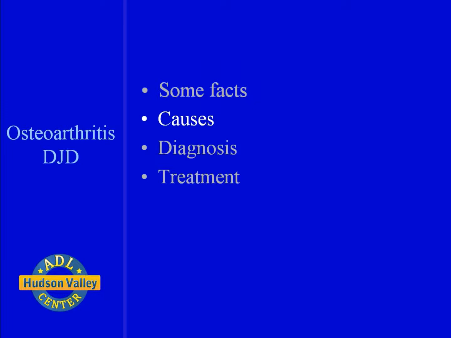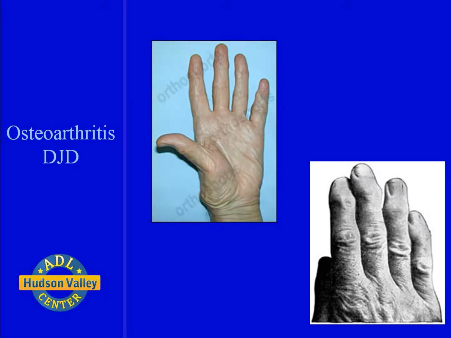Possible causes of osteoarthritis. This is known as the wear and tear type of arthritis. Risk factors include obesity, repetitive stress on a joint, trauma to a joint, and congenital abnormalities. There is a possible genetic predisposition for osteoarthritis. These plates show hands symptomatic of osteoarthritis.